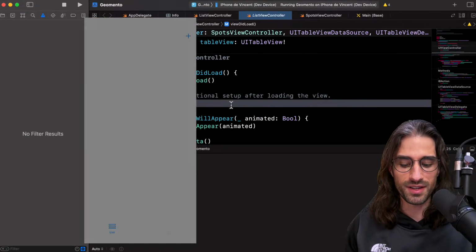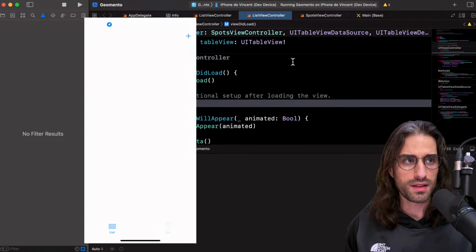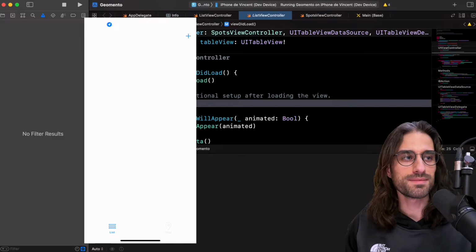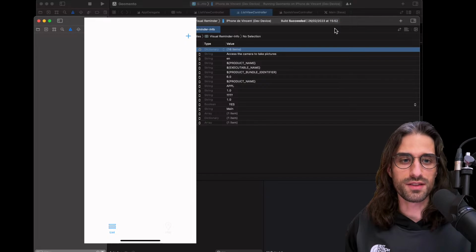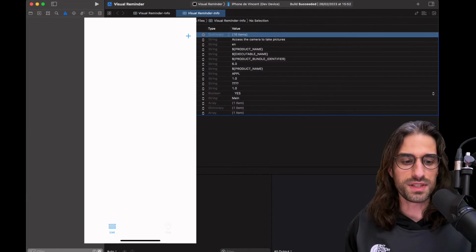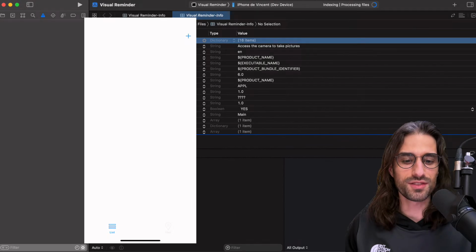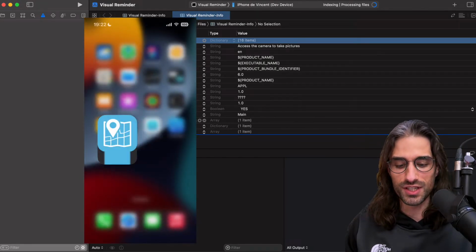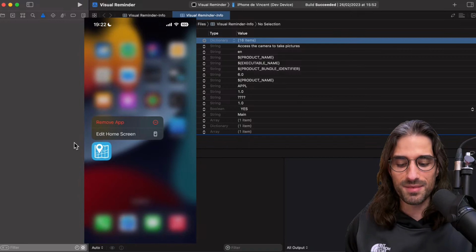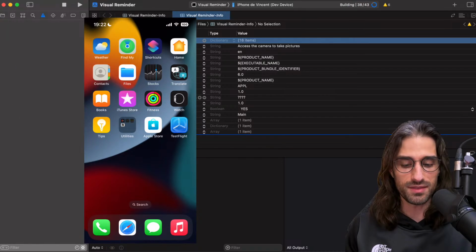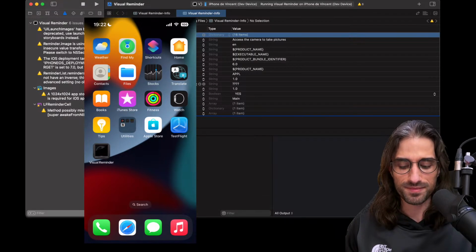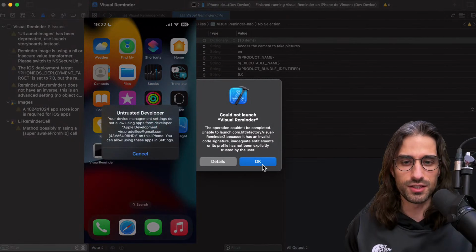You can see the icon. So I'm going to allow it to use my location. Wait, no, it's not the right app. No, it's not. Definitely. The right app is the one called Visual Reminder. You can see that these apps are a bit old, and I really want to do them chronologically because this way we can see how the technology evolved. So I'm gonna remove Geomento, which chronologically is the most recent app, even though it's from 2015. And I'm starting Visual Reminder.